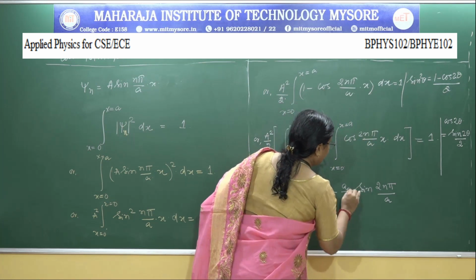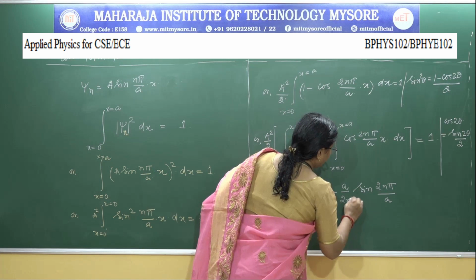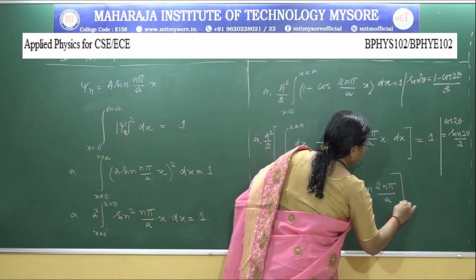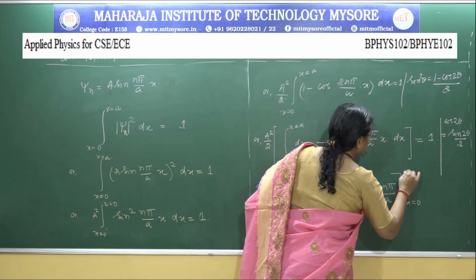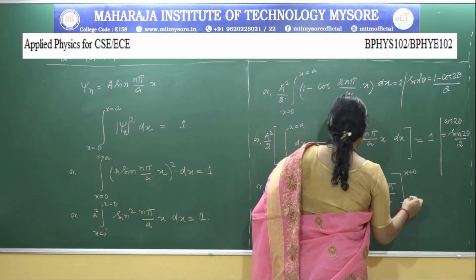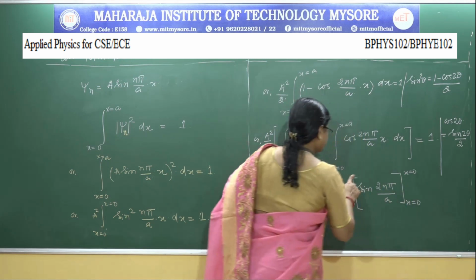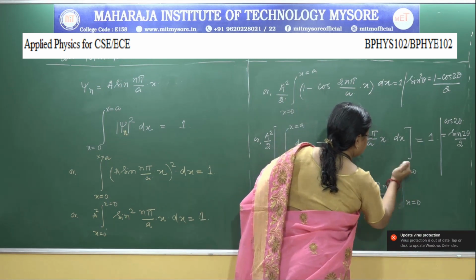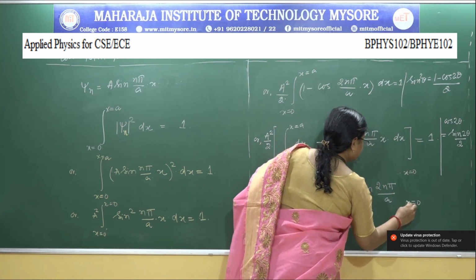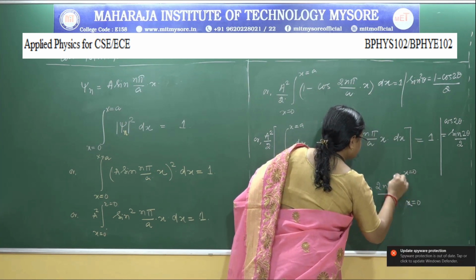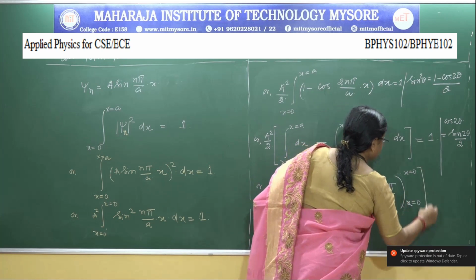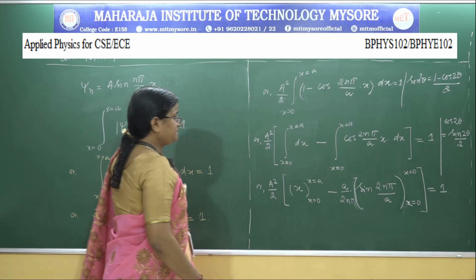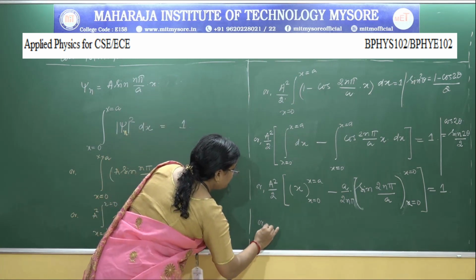So, we can write it a by 2 n pi, and the limit is x is equal to 0 to x is equal to a, this will be equal to 1. Now substitute the limit,